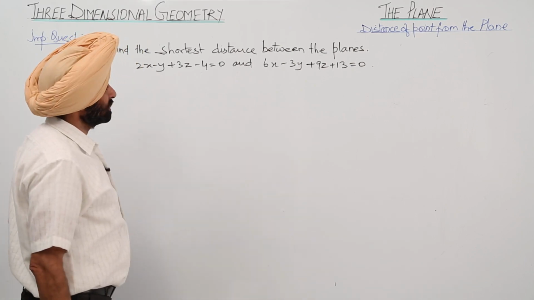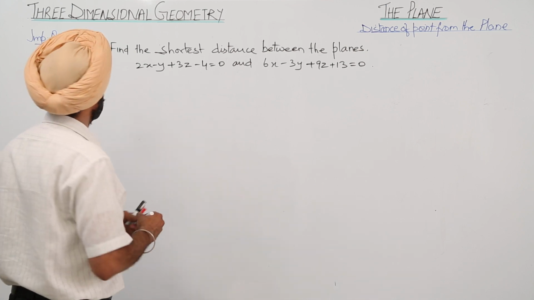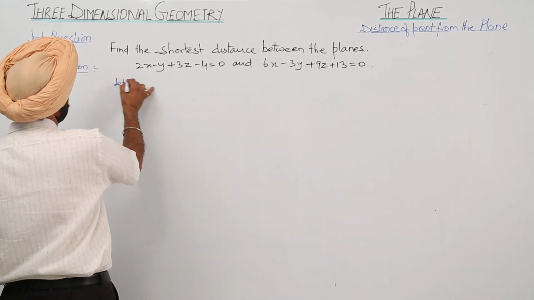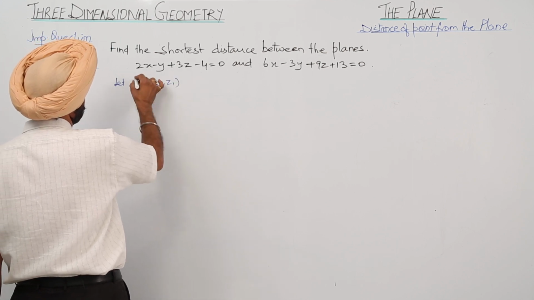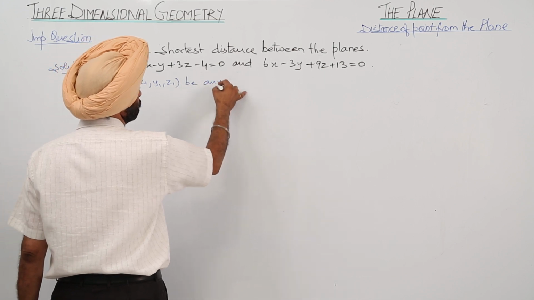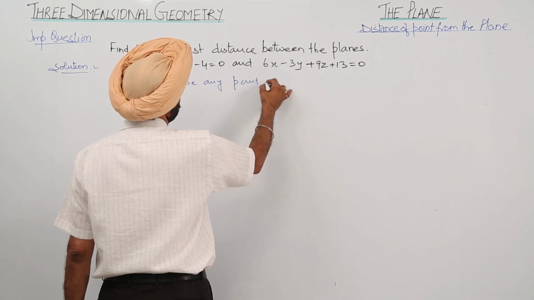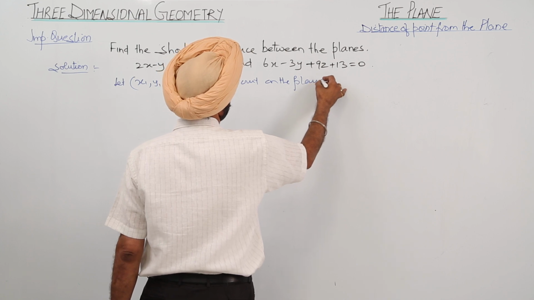Find the shortest distance between the planes. Equation of the two planes are given to us. Now, let x1, y1, z1 be any point on the plane